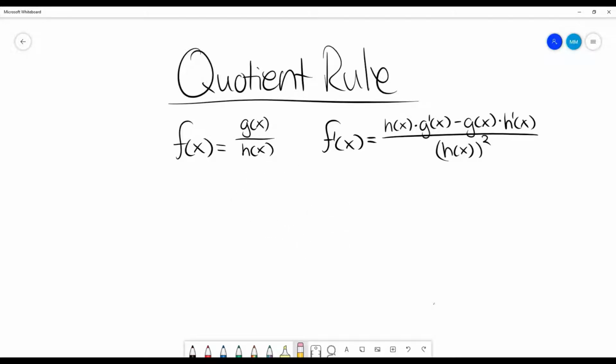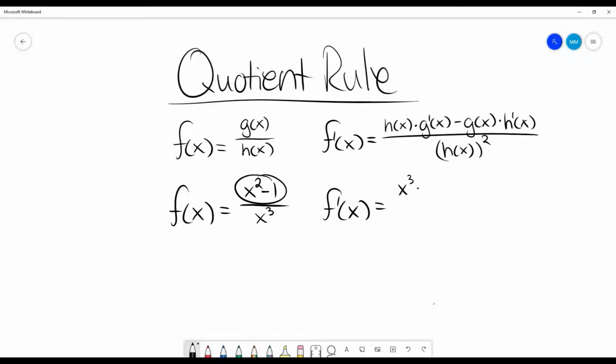Let's try an example of quotient rule to try and drive that home. So let's say, in this case, f of x, maybe it equals like x squared minus 1 over x cubed, right? In this case, we would have to use the quotient rule because we've got an x up here and an x down here, so we have to use quotient rule to figure it out. We could use the product rule technically, but we don't need to worry about that right now. So in this case, we've got our low term, right? So it's going to be, here, I'll actually write this part out. So it's going to be our low term